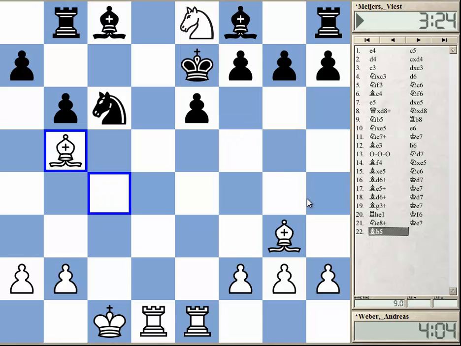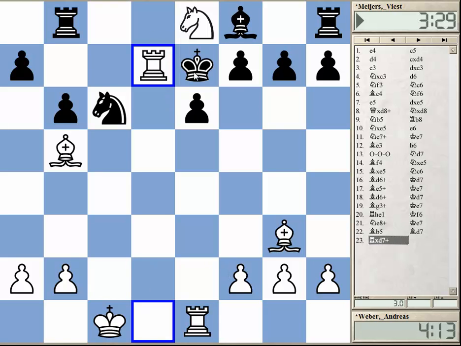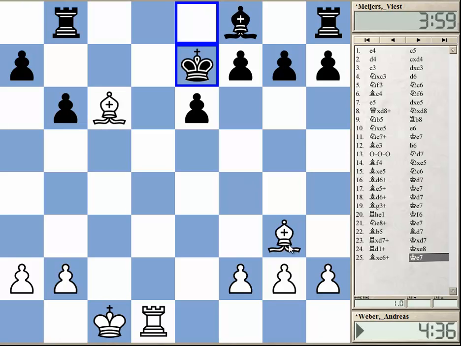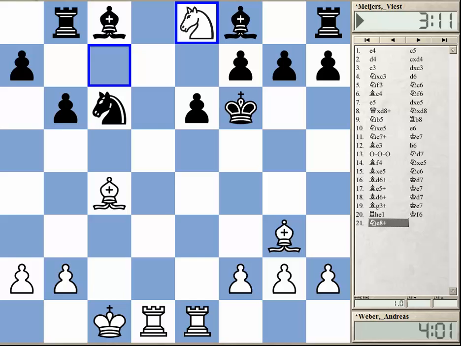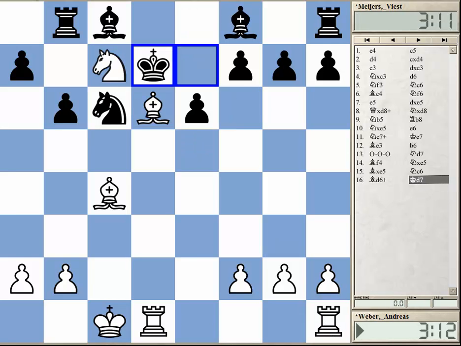Bishop b5 is, for instance, a really strong move here, with ideas like, just to show it, bishop d7, check. Rook takes d7 again. Check. Yeah, and now check. This isn't an extra exchange, but an extra piece, which is much easier to win. So white would win relatively easily,